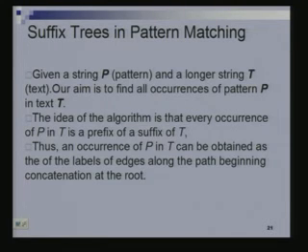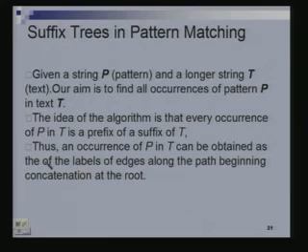Okay, so this is the key idea that we are exploiting in pattern matching. So given a pattern P and a text T, our aim is to find all occurrences of pattern P in the text. So the idea of the algorithm is that every occurrence of P in T is a prefix of a suffix of T. अगर आपका पैटर्न P टेक्स्ट में अकर करता है तो कोई एक ऐसा सफिक्स है उस टेक्स्ट का जिसका पैटर्न P एक प्रीफिक्स है,